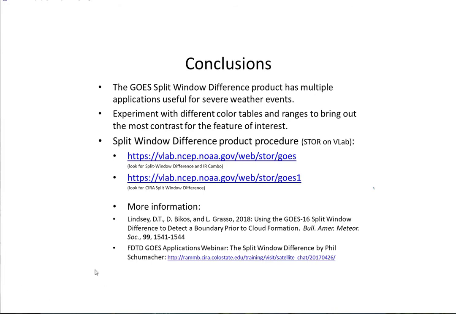In conclusion, this GOES split window difference product has multiple applications that are useful for severe weather events. Be sure to experiment with different color tables and ranges to bring out the most contrast for the feature of interest. The split window difference and IR sandwich combination presented here is available as an AWIPS procedure,